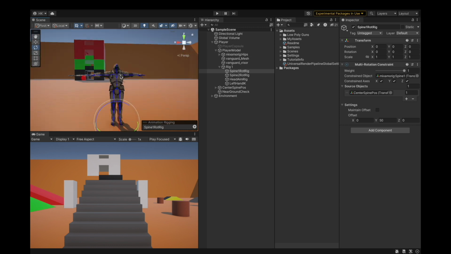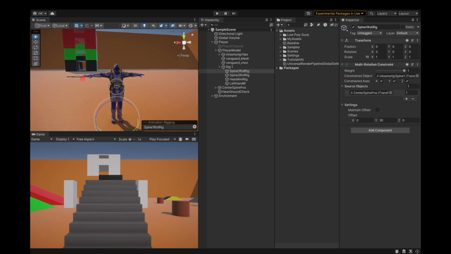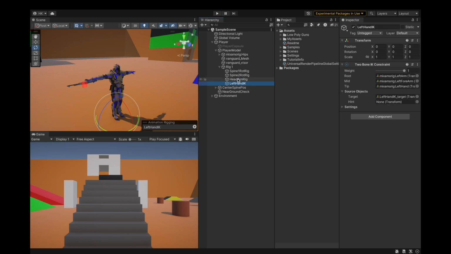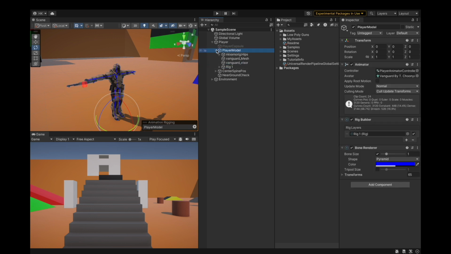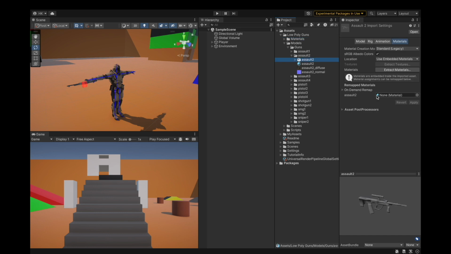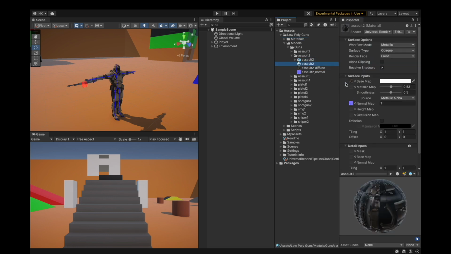So we have this red effector currently inside one rig, and the player model has the rig builder, which handles talking to the animator and all that. So now I'm going to fix all of these guns' materials. Here we go. Just drag. There